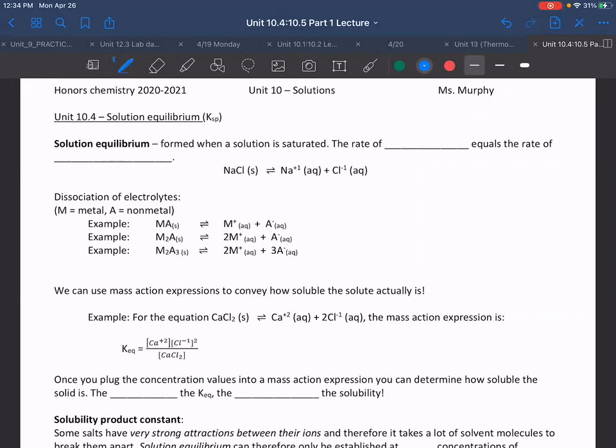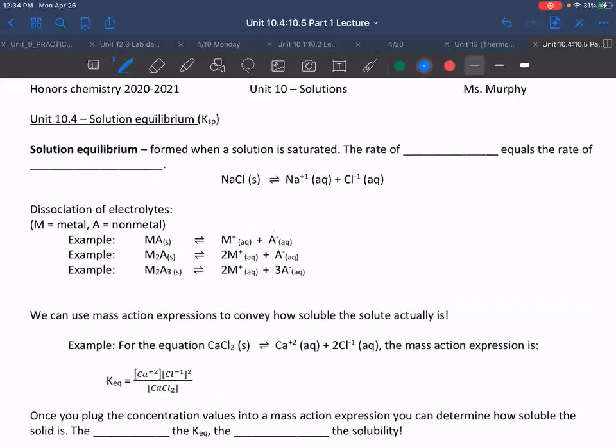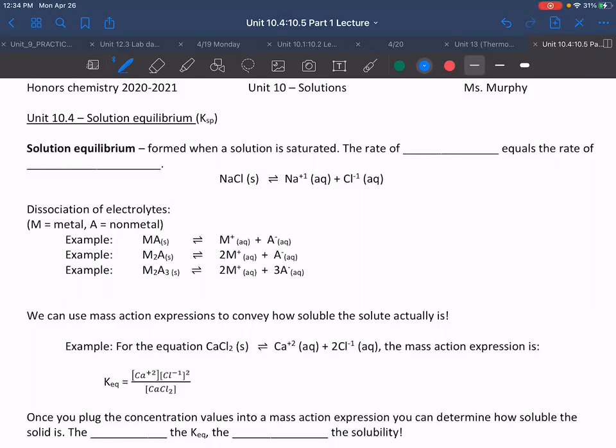Okay, so today we are going to talk about KSP values. We'll dive into the actual value later. It's like an equilibrium term, but a little more specific when we talk about solubility. So solution equilibrium. This is just what is formed when a solution is saturated, because you're going to have the